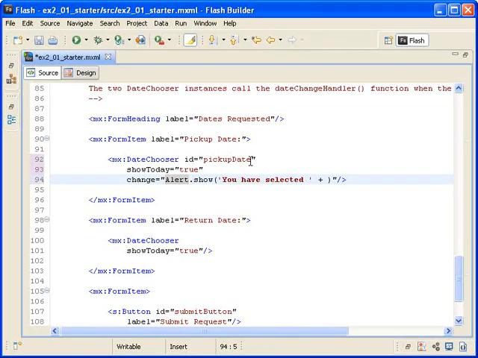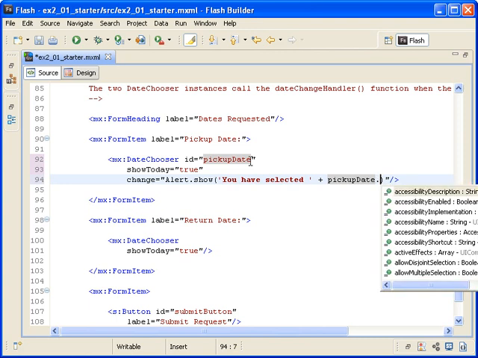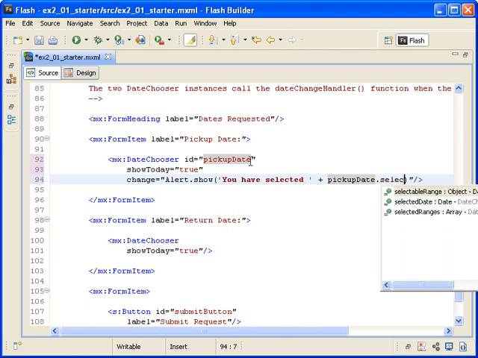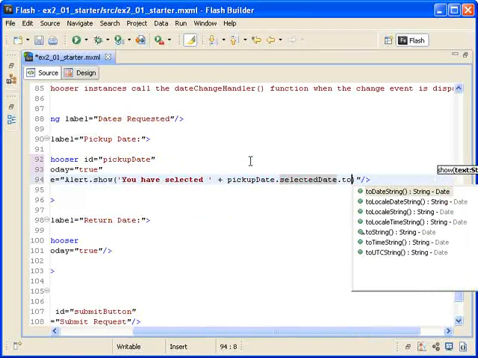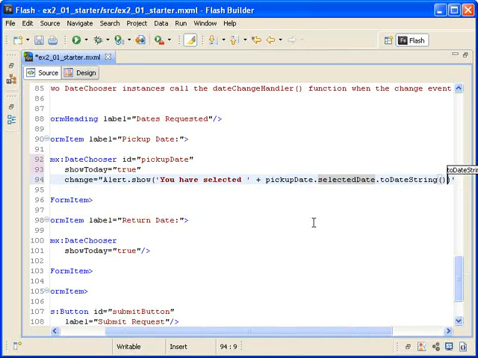The date chooser class has a property named selected date that indicates the date that the user has selected in the control. I am referencing the date chooser instance that I named pickup date and then adding a period to specifically access the selected date property in the Flash Builder Code Assist tool. The selected date property is data typed to the date class, but I need the value to be a string, so I am using the class's